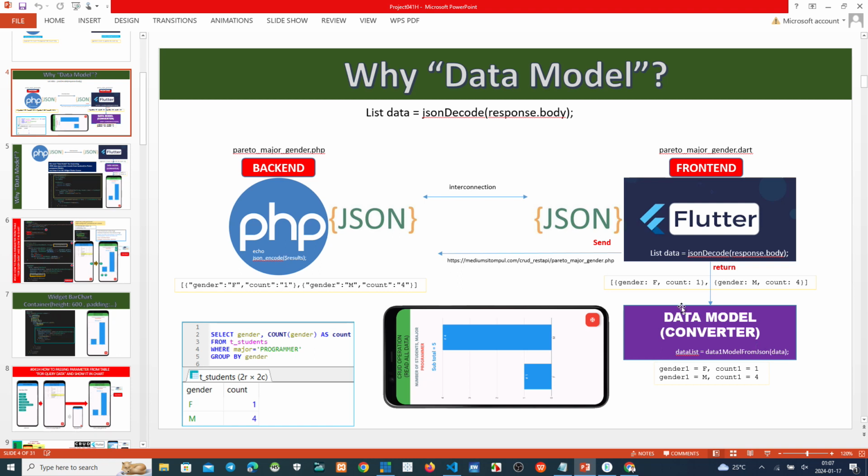The result after processing on the data model, this is the result. We have a parameter gender. This is record one. Parameter count, gender equals female, this is count one. The next record, gender male, count equals 4.